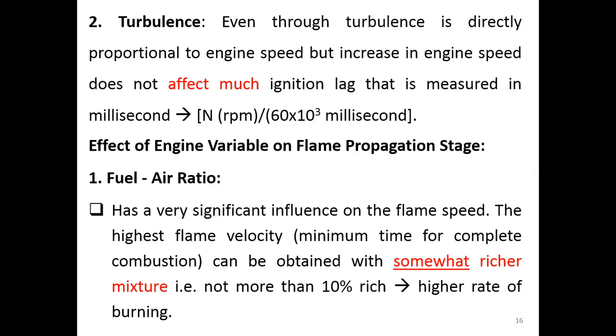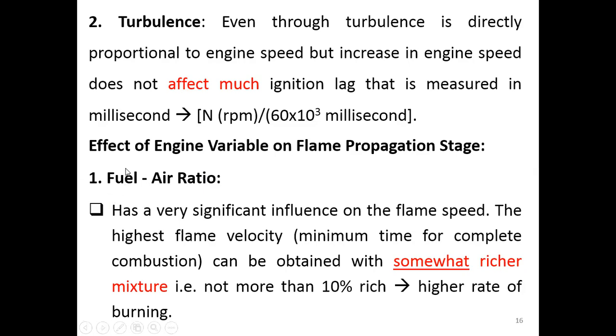Okay, so that is the effect of engine variables on the first state of normal combustion. We have the electrode gap. We see how the electrode gap varies with the equivalence ratio, with the compression ratio, with the temperature, with the lean or rich mixtures. Okay. How about the second state of normal combustion? What are the engine variables that have effects on the flame propagation state, which is the second state in normal combustion? The first variable is the air fuel ratio.